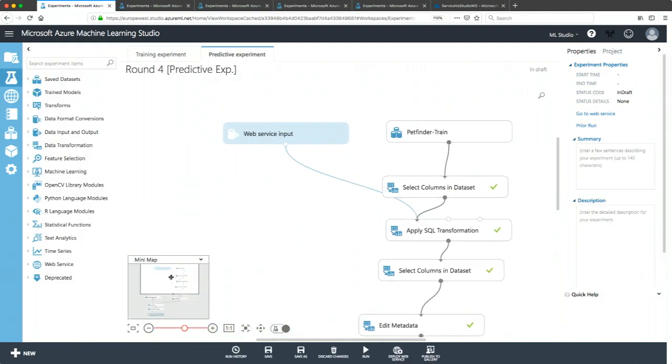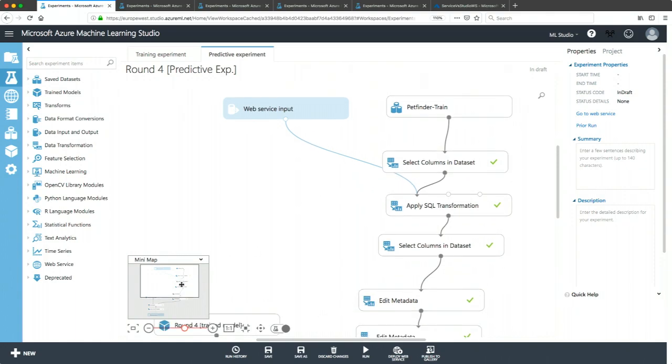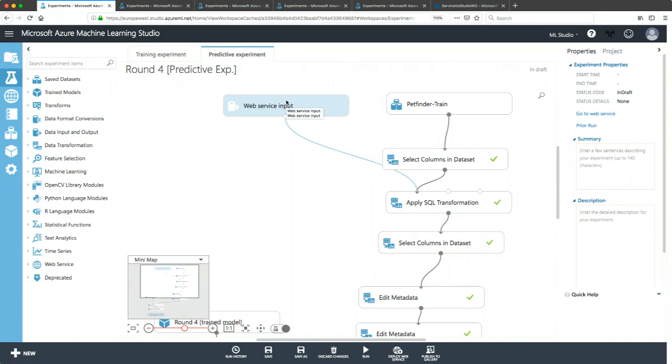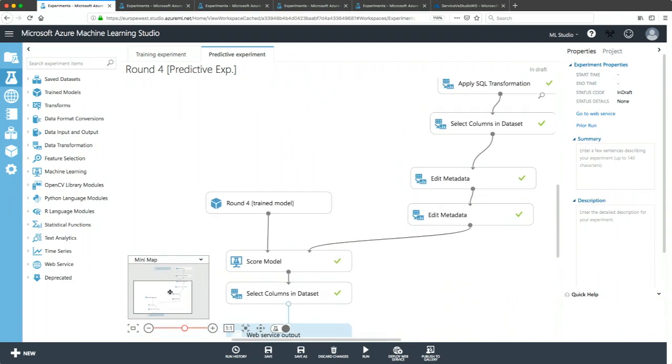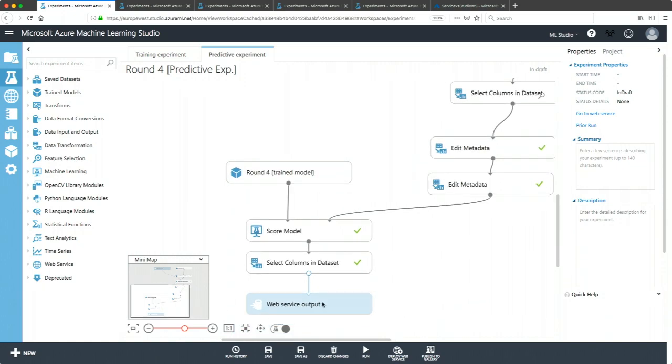It's almost the same transformations, same inputs, but with some extra modules. The web service input, because it's being deployed as a web service, the train model, the output.